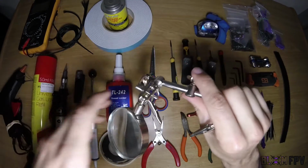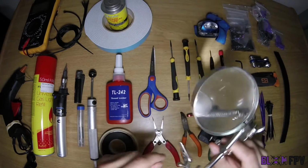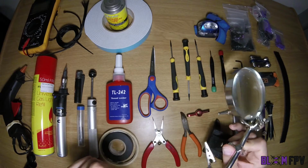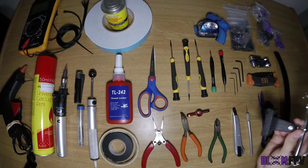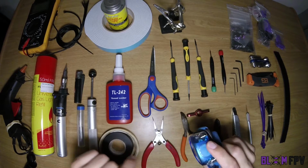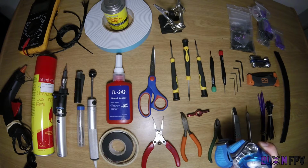Helping hands. So it took me a while to get a pair, and I was very glad that I did. Connecting or soldering things like XT60 connectors is made a whole lot easier, and it helps to hold little wires up if you want to tin them or something as such. People don't realize how useful a headlamp can be if you want to light something up or look into a dark corner of your build, especially if you want to read small writing on something like the back of your FPV